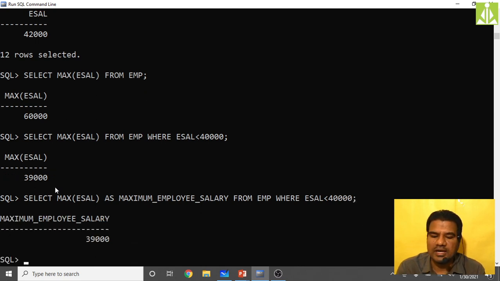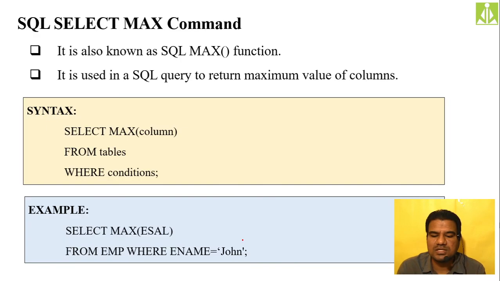Put the semicolon, hit the enter key. See, now we got the proper label, maximum employee salary. So why we use this max command? Just to get the maximum. Whatever records are coming as output of my query, it will simply ignore the rest of the records and select just the maximum record.